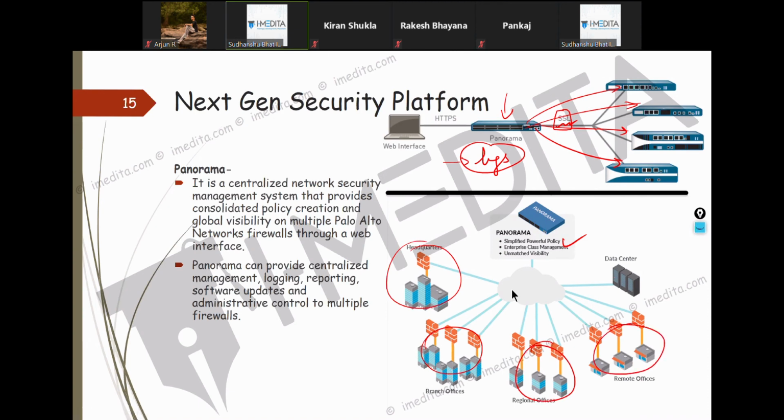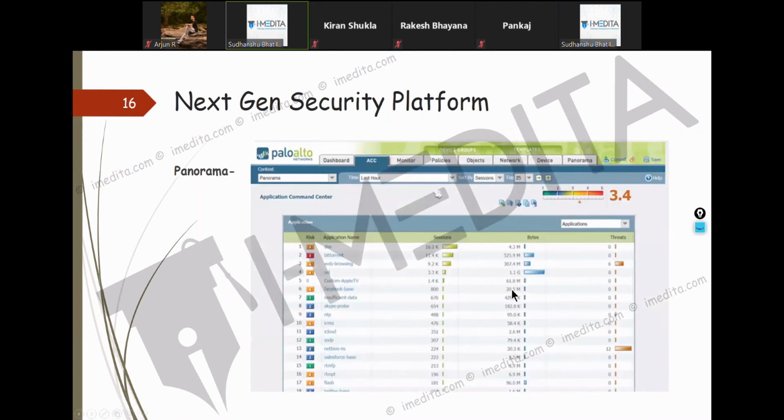Another good thing about Panorama is the UI, or the page through which you manage. This page is of Panorama, but when you look at the page of the firewall through which we manage the firewall, you'll see the same options: monitor, policies, objects, network, device.